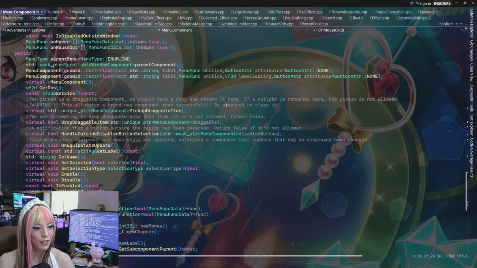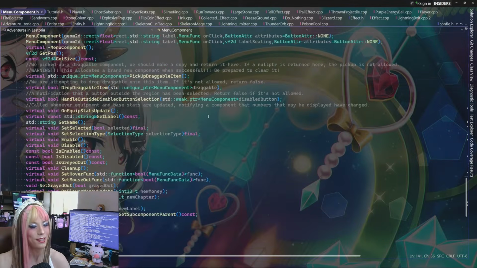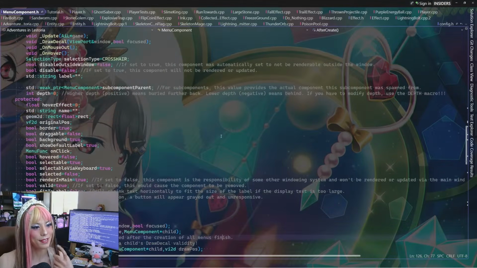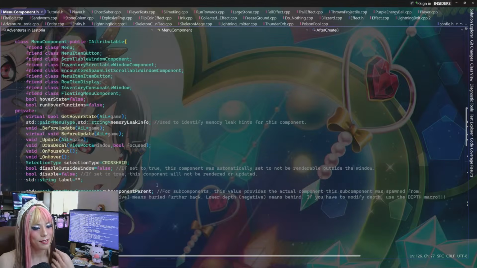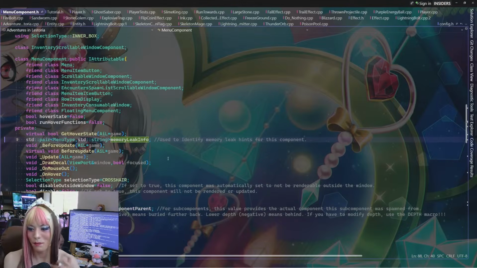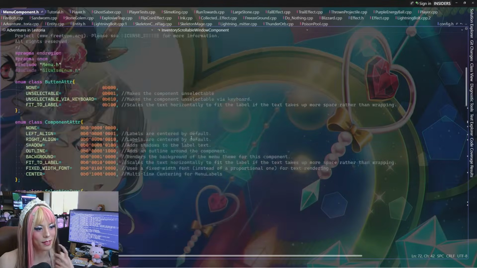And then every component has what's called a parent component, which means components can store each other, like for scrollable windows. So it can know if it has components inside of it. And yeah, subcomponent parent. I even made a structure to keep track of data, like a log of memory leak stuff, so I know what the last thing was that was called before.